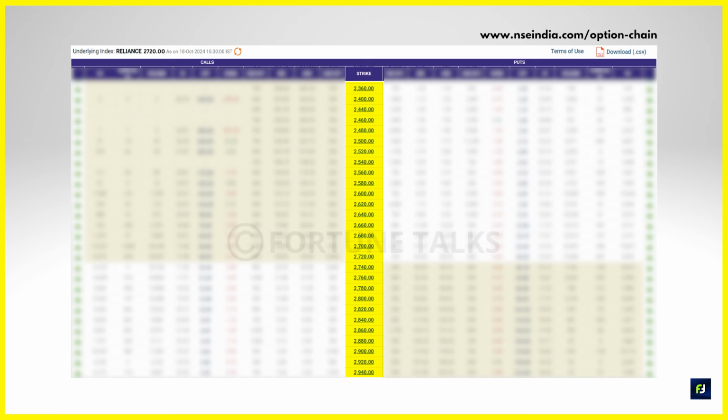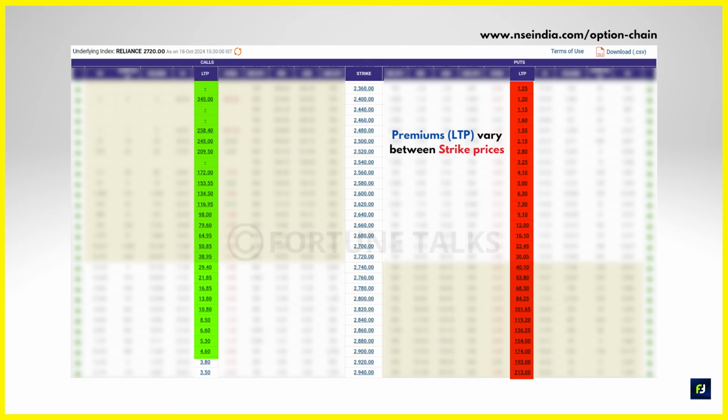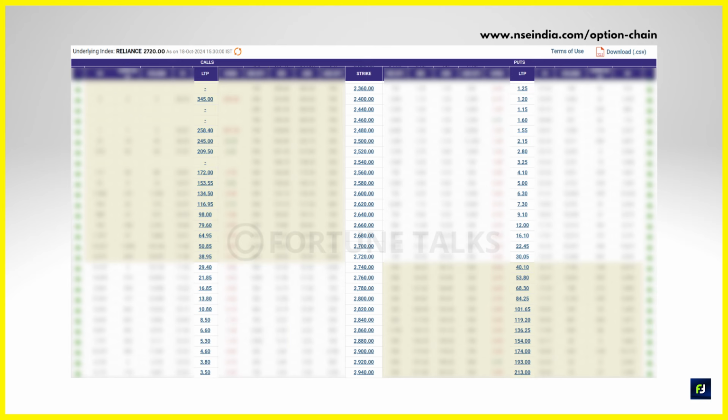And to the top left, you can see the heading named call, and to the top right, you can see the heading named put. Do remember that each strike price is independent of the other, meaning the premiums vary between different strike prices. In addition to this, the premiums required for put and call option contracts of the same strike prices can be different. One can enter into an options agreement at a specific strike price by paying the required premium. For example, you can enter into a 2,840 call option contract by paying a premium of 8.5 rupees as